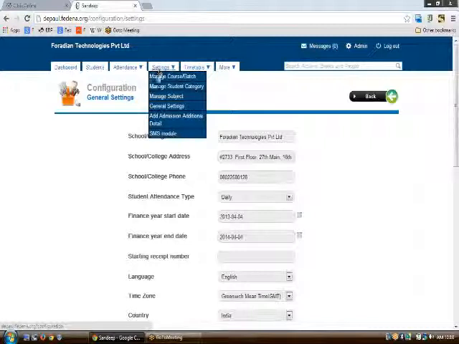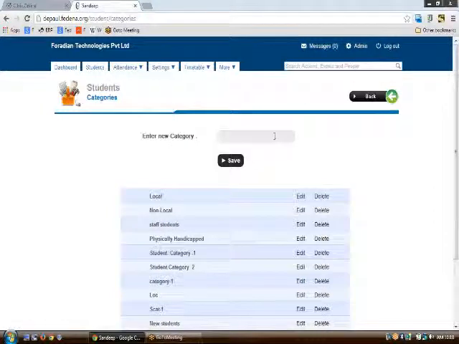Now we will move on to the rest of the things, like manage student category. Manage student category can be of great use when you want to have your students categorized into different divisions.